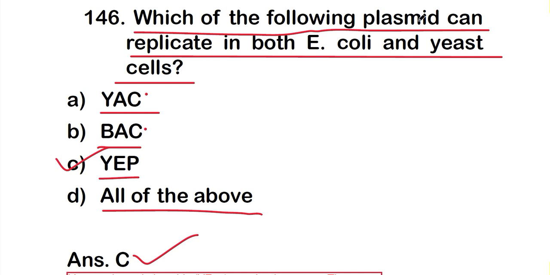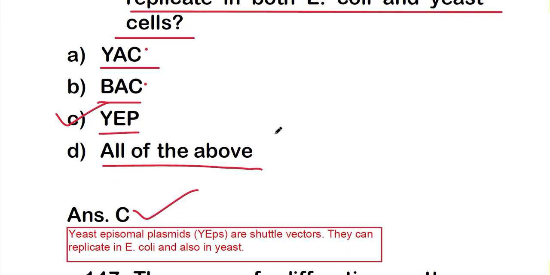So which of the following plasmids can replicate in both E. coli and yeast cells? That is YEP. Okay, so let's see: yeast episomal plasmids, that is YEPs, are shuttle vectors. They can replicate in E. coli